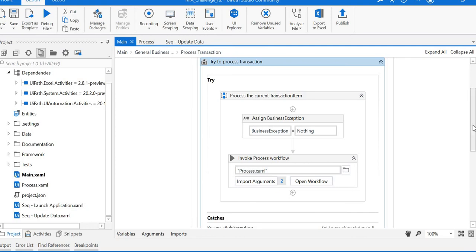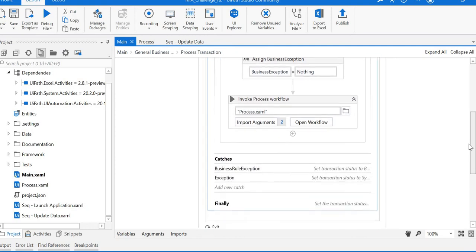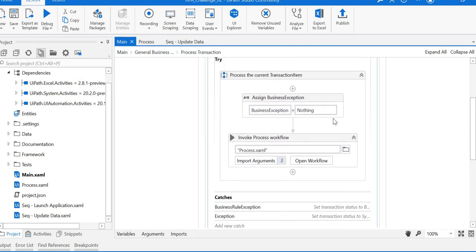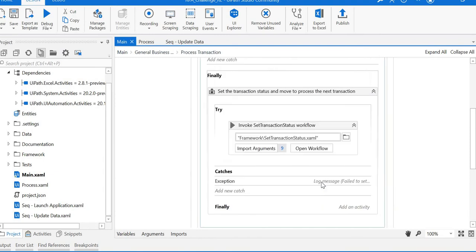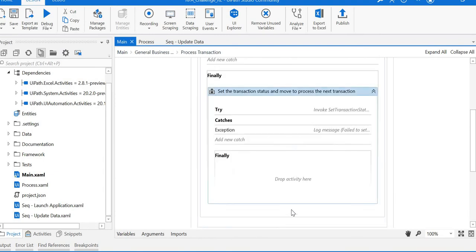There is a try, catch, and finally. In the try, it will execute the actual process of entering data into our website and clicking the submit button. That will complete our activity. Once that is done for a single transaction, then it executes finally. In the finally block,